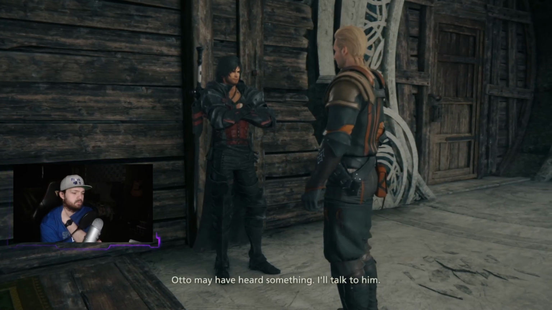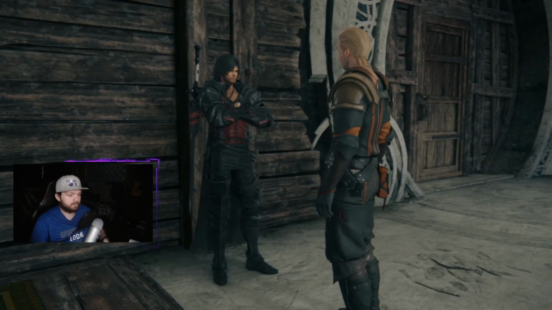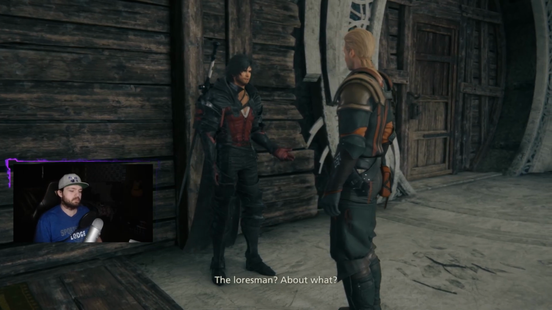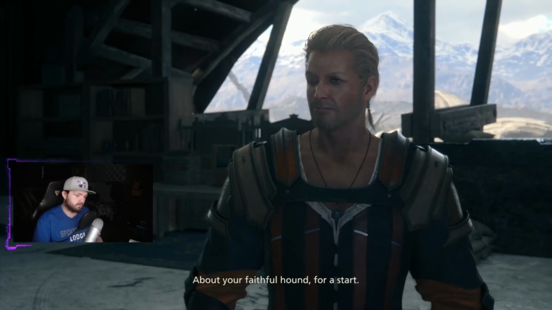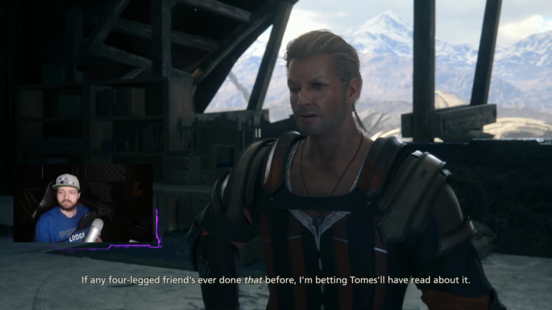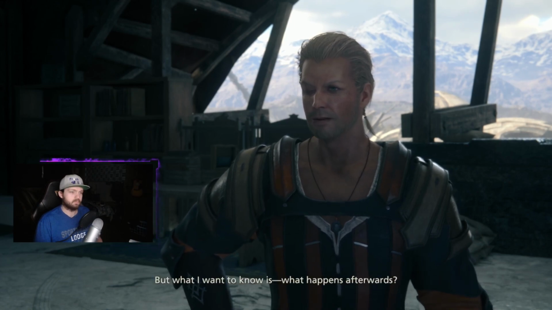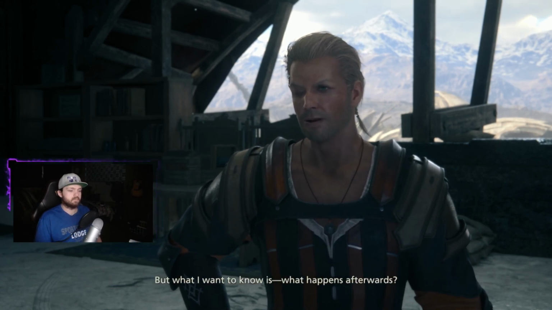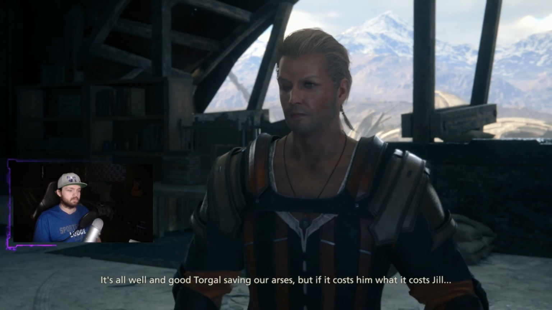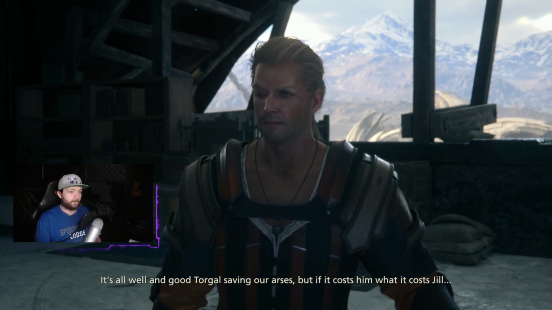Otto may have heard something. I'll talk to him. And I'll talk to Tomes. The lawsman. About what? About your faithful hound for a start. If any four-legged friend's ever done that before, I'm betting Tomes will have read about it. But what I want to know is, what happens afterwards? It's all well and good Torgal saving our arses, but if it costs him what it cost Jill...